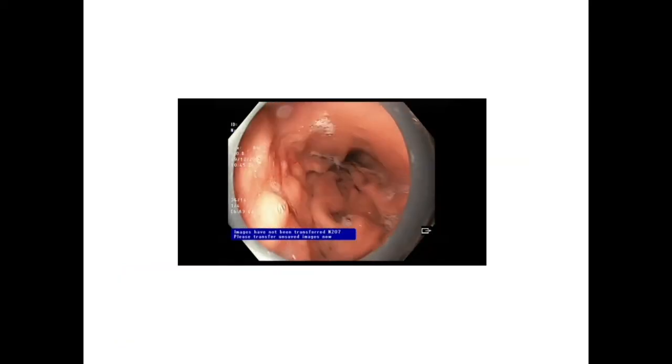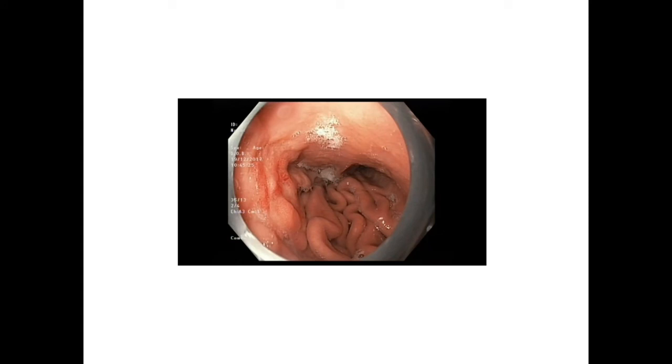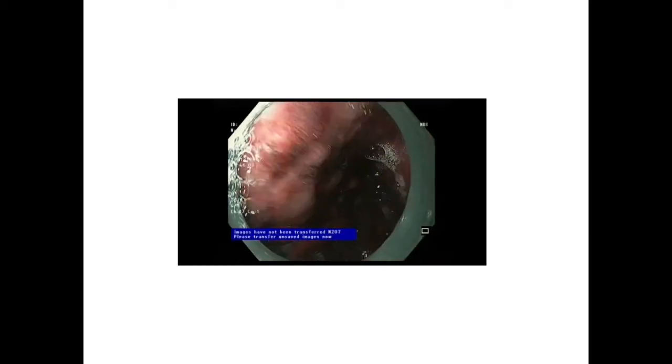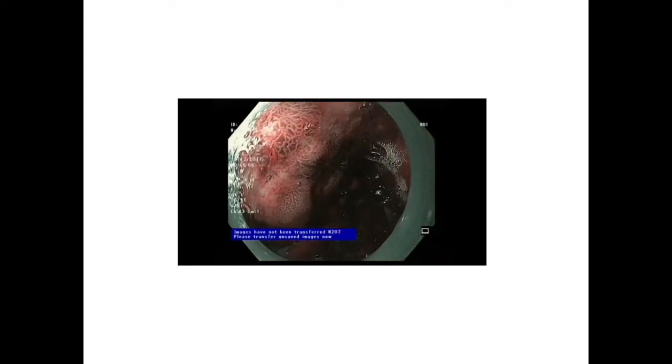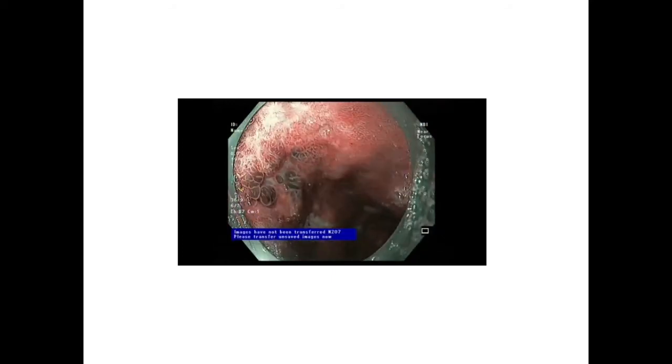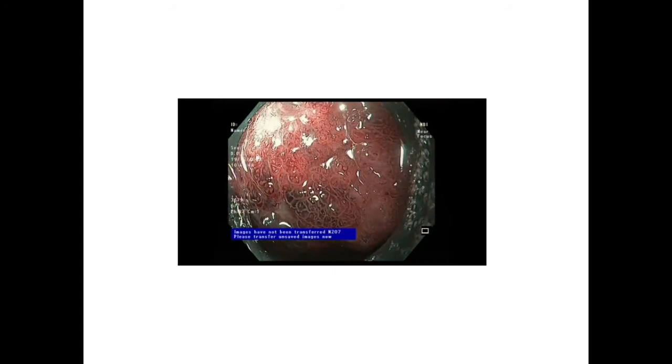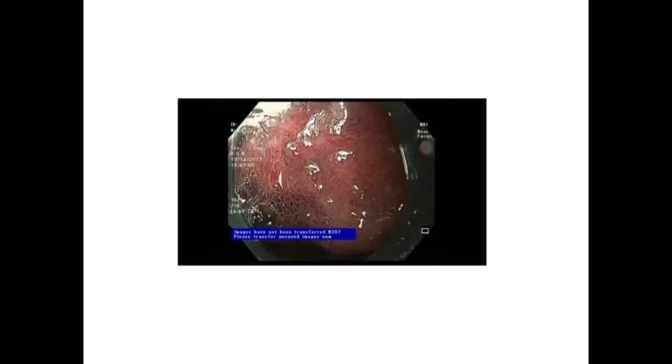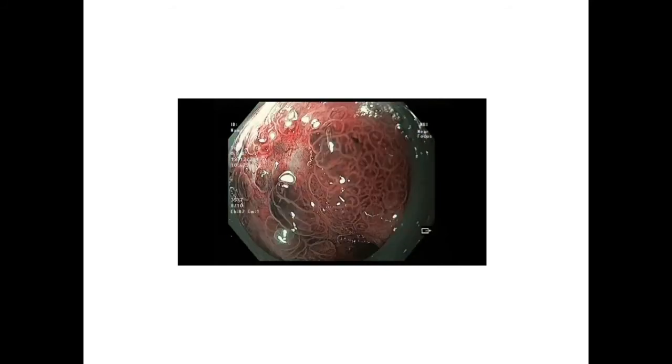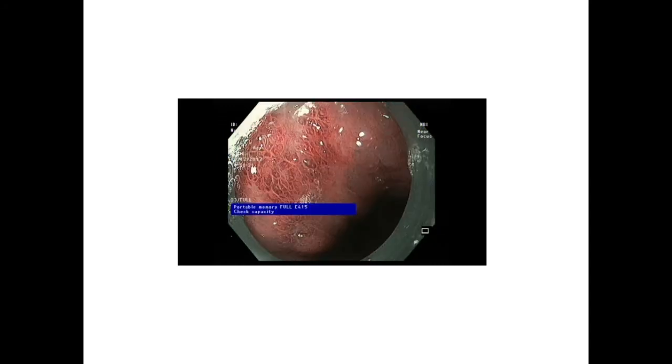So we begin by cleaning the mucosal surface, and then we can appreciate an erythematous appearing lesion. So we switch to the narrowband imaging mode to look at the demarcation line and the microvessel and the microsurface. We have to examine different areas in a systematic fashion. Once you get a good representative area, like in this example, you can clearly appreciate that the microsurface pattern is very irregular in this particular area. Like this, we examine different areas of the lesion.